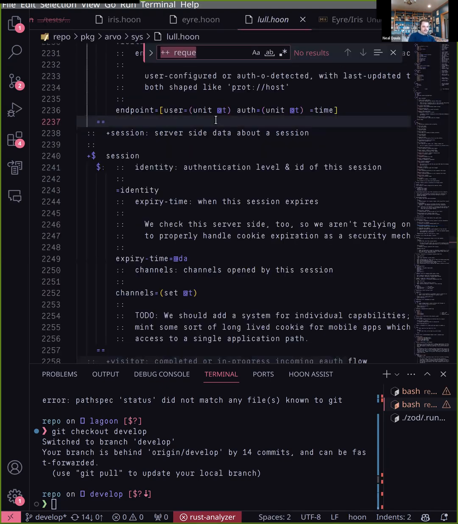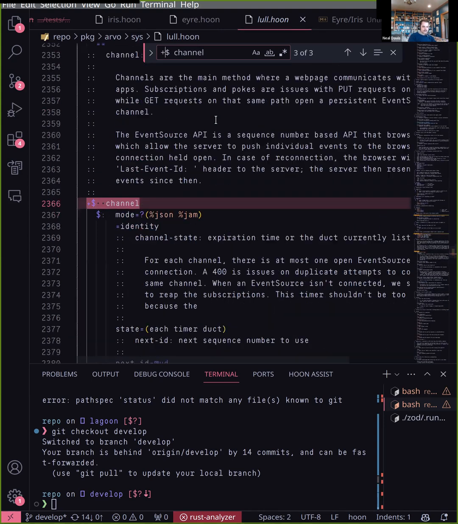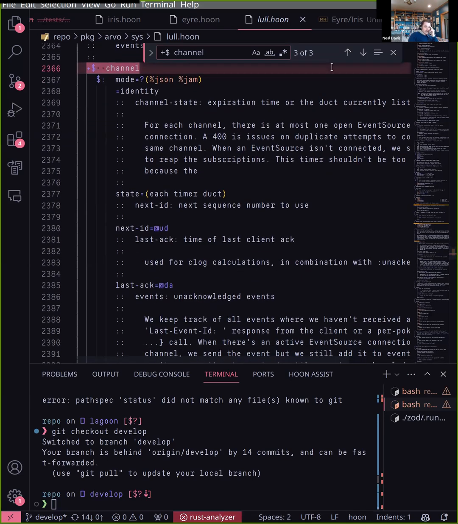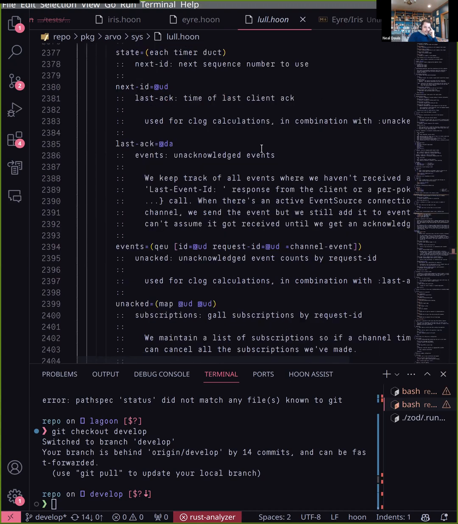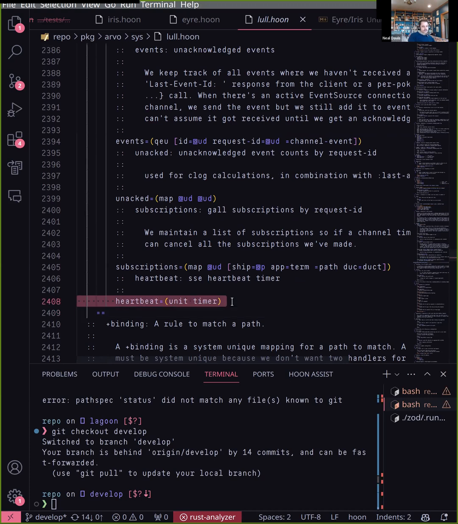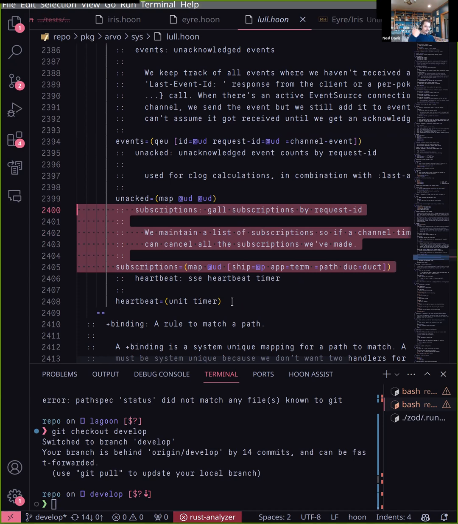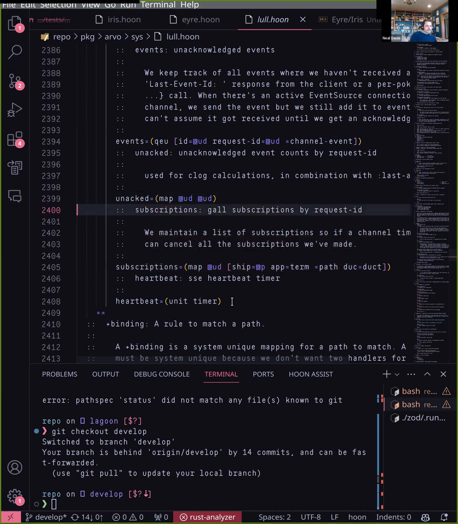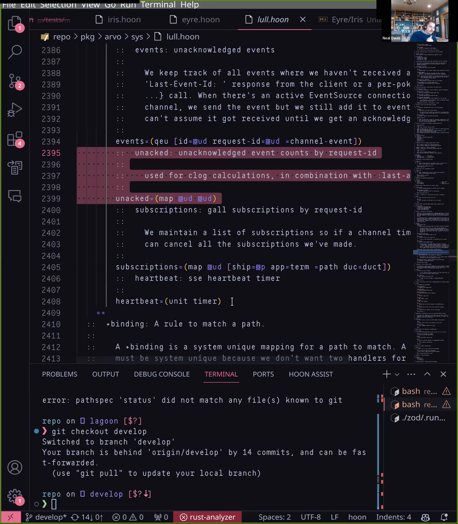This is probably in... Okay, so there's a lot going on in here. Let's start with, okay, so SSE wants a heartbeat. It wants a periodic check-in, so you have connection. Subscriptions are mapping your channel information and your subscriptions to each other, so you can keep track of everything that the open channel knows about. Like Ames, where we have to keep track of what we know we've sent and what we've dropped or unsent yet, we're going to do unacked. This is actually going to be used in practice to decide whether or not to keep. There's an algorithm that uses this and last acknowledge, last ack that decides